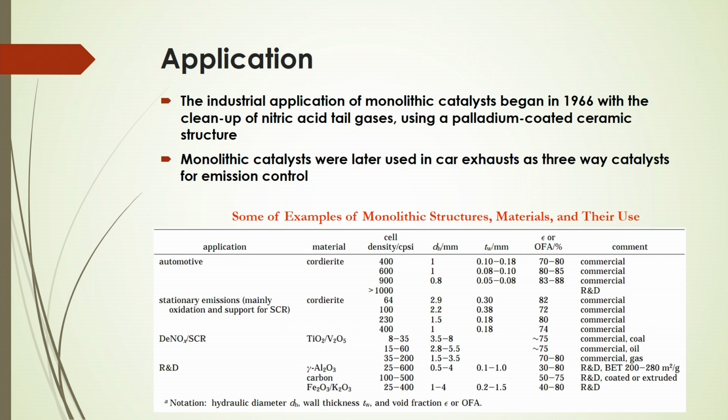In that case different materials are being synthesized, and then how those materials are being shaped into monolithic structures, at different shapes, and then how they can be applied. So research is going on, and we hope that in future several other applications will come based on this monolithic structure and on the synthesized catalyst materials, getting different shapes for process